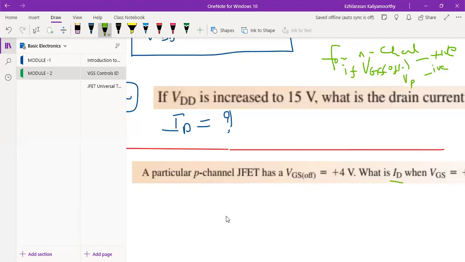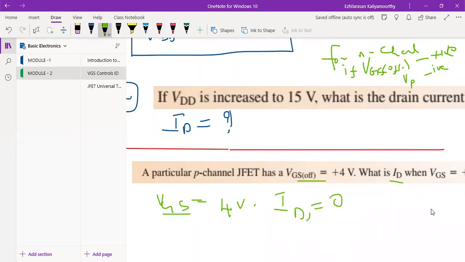I can say the solution will be like, the P channel JFET requires a positive gate to source voltage. The more and more positive voltage, what will happen? If I give the more positive voltage, then there will be a less drain current. So when VGS is equal to 4 volt, because here VGS(off), I am considering VGS is equal to 4 volt for the positive. More and more voltage if you are applying, then the ID will become 0.